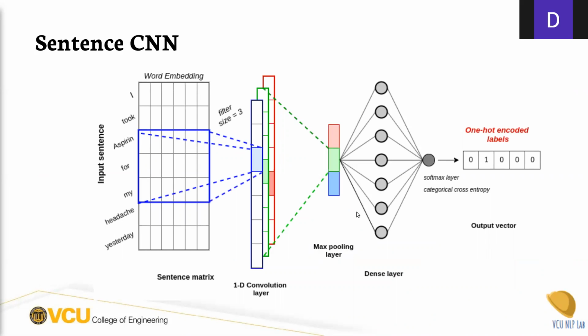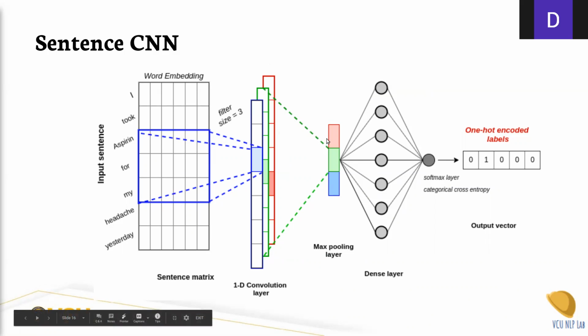Sentence CNN. This diagram summarizes the implementation of a sentence CNN. The sentence CNN learns the representation of an entire sentence at once and predicts the label. First, it extracts the sentence where the entities are located. For example, if we take the sentence, I took aspirin for my headache yesterday, the sentence is tokenized and each word is represented by a vector using word embeddings. This gives us a sentence matrix, which is then fed into the convolutional units. In this example, we consider a filter of size 3, and the convolution layer extracts the features,